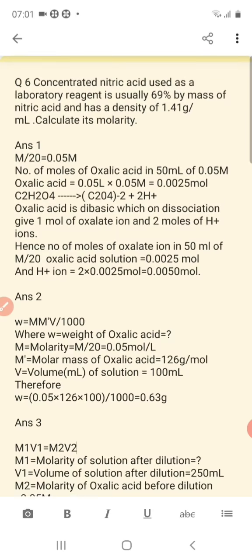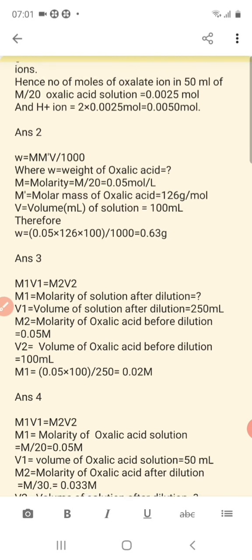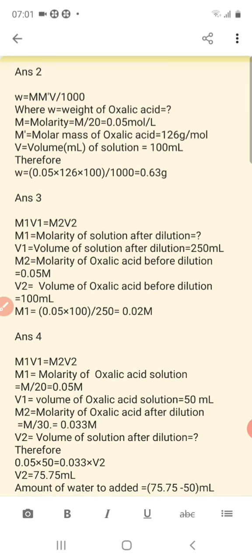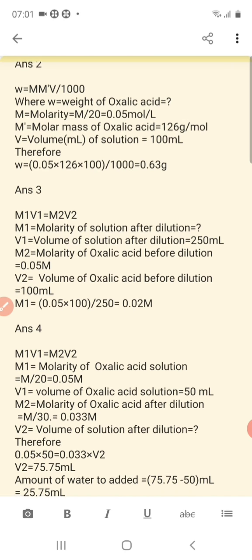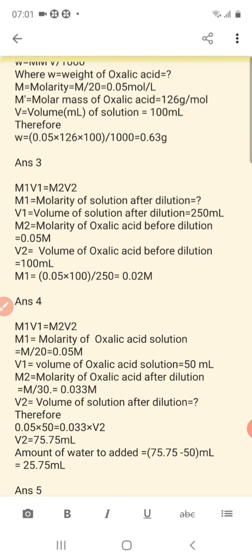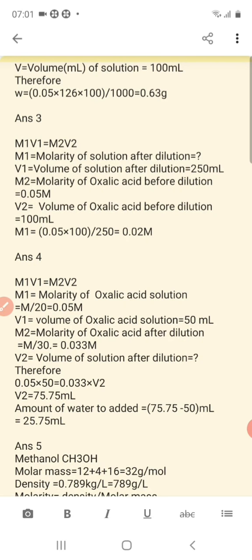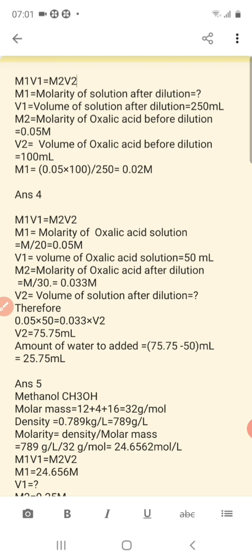Now let us solve this question. In this question, we again utilize the molarity equation, that is M1V1 is equal to M2V2, where M1 is the molarity of the solution after dilution, M2 is the volume of solution after dilution. Answer number 4: let us utilize M1V1 is equal to